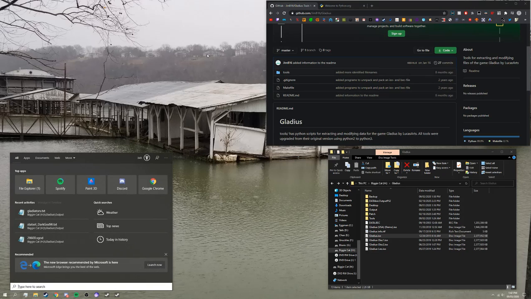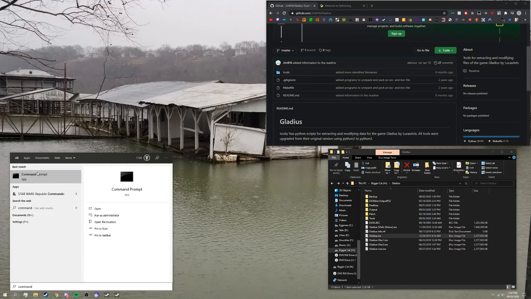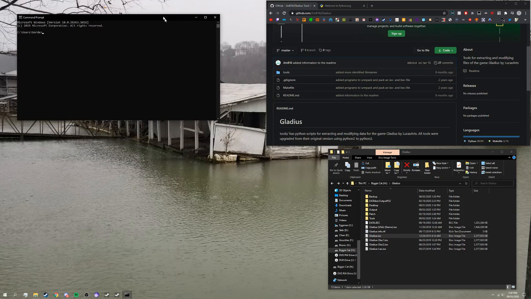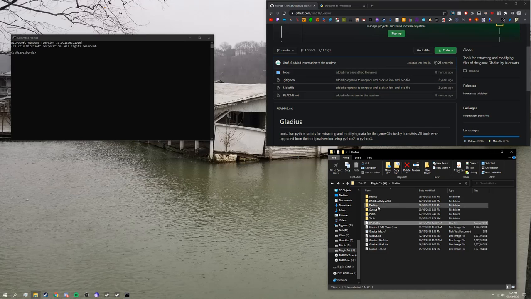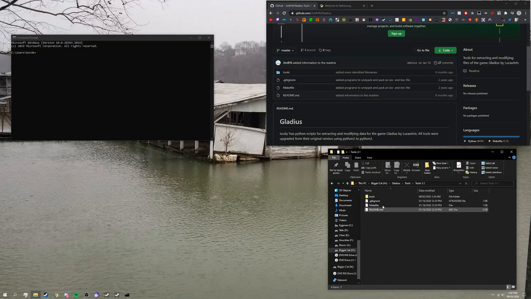You're going to need to open command prompt. You don't have to run it as administrator, but if you have issues, you can try that. And all you got to do is go to the tools you downloaded. Oh, I will say this. Keep everything in folders that don't have spaces in the name. It helps a little. Okay, so go into your tools that you downloaded, and you're going to find bectool.py,